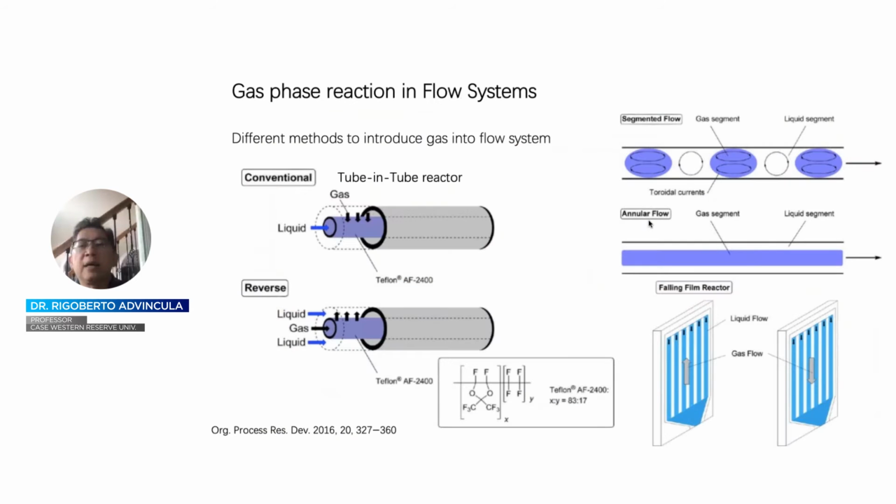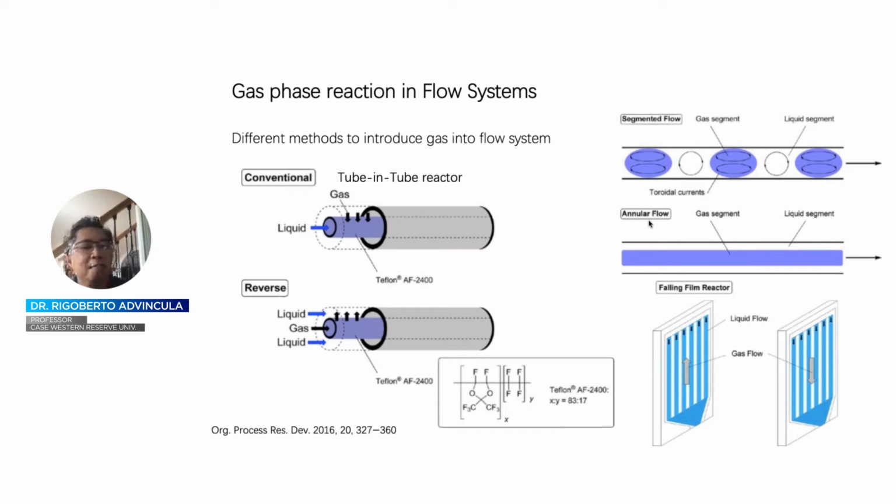Gas phase polymerizations or reactions are hard to control, yet in the case of a gas and a liquid that can be equilibrated by a Teflon membrane, this means that during the reaction, a gas monomer or a gas diffusing reagent can be introduced together with the liquid by controlling the pressure between the inner tube and the outer tube of a membrane. So this type of control has been demonstrated and has been shown to be quite accessible compared to simple batch